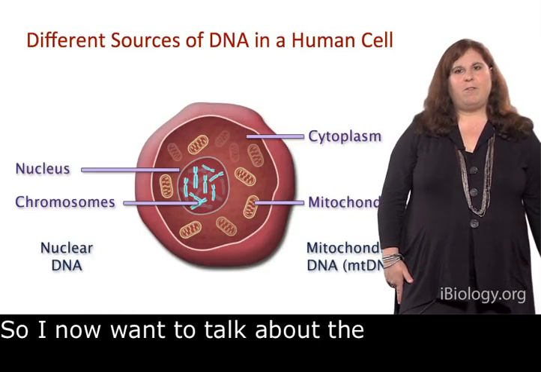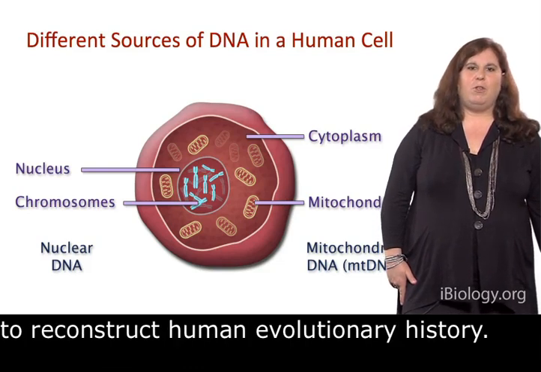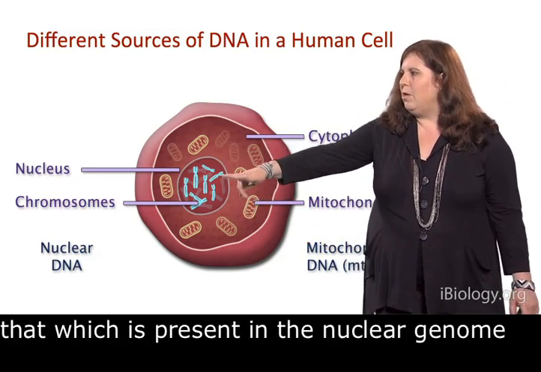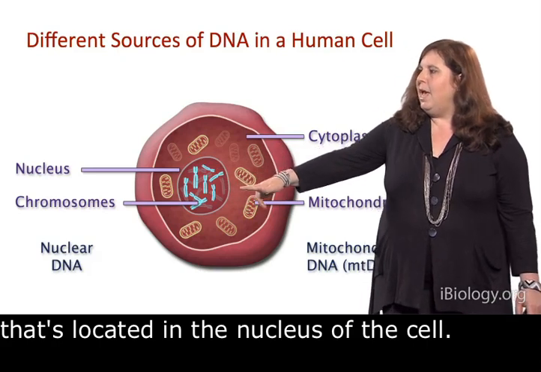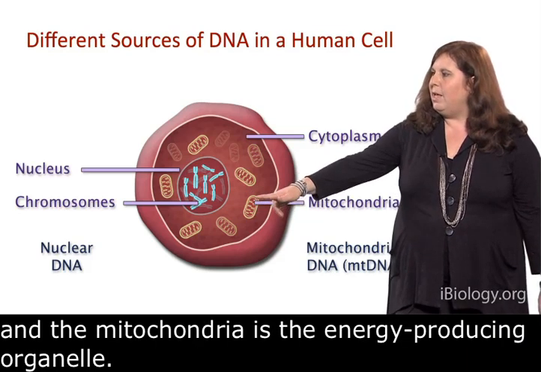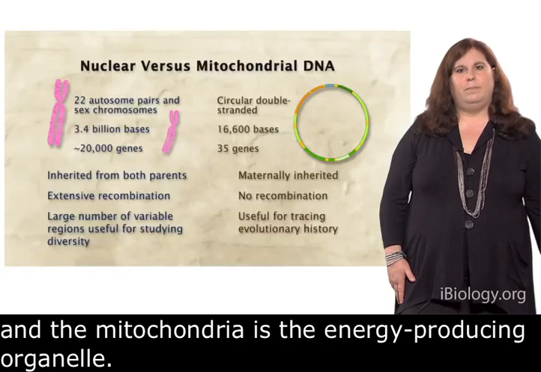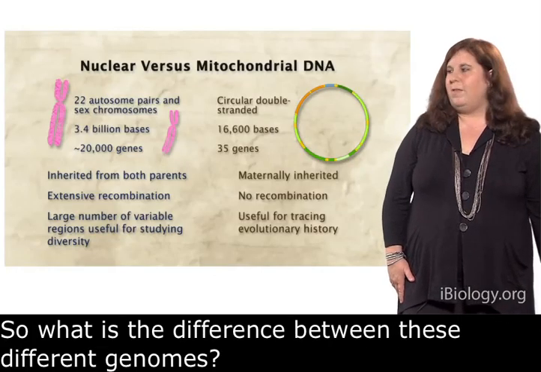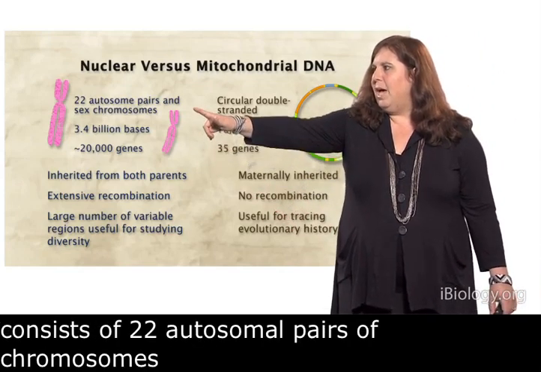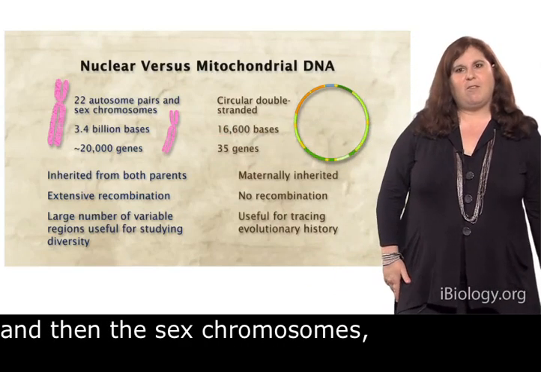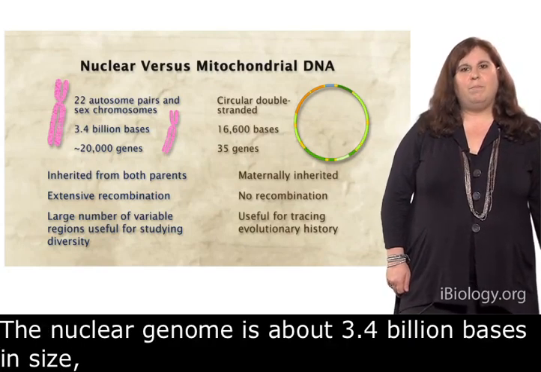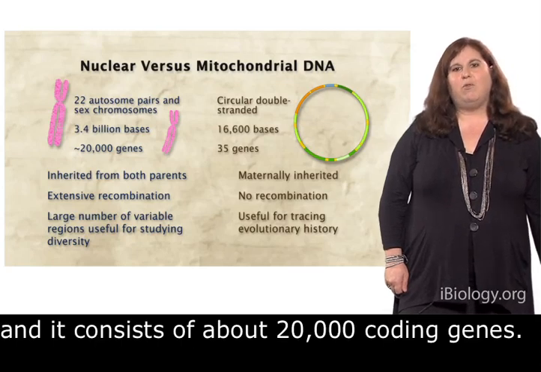So I now want to talk about the different sources of DNA that we use to reconstruct human evolutionary history. One source of DNA is that which is present in the nuclear genome that's located in the nucleus of the cell. And there's another type of genome which is present in the mitochondria of the cell. And the mitochondria is the energy-producing organelle. So what is the difference between these different genomes? Well, the nuclear genome consists of 22 autosomal pairs of chromosomes, and then the sex chromosomes, XX for females and XY for males. The nuclear genome is about 3.4 billion bases in size, and it consists of about 20,000 coding